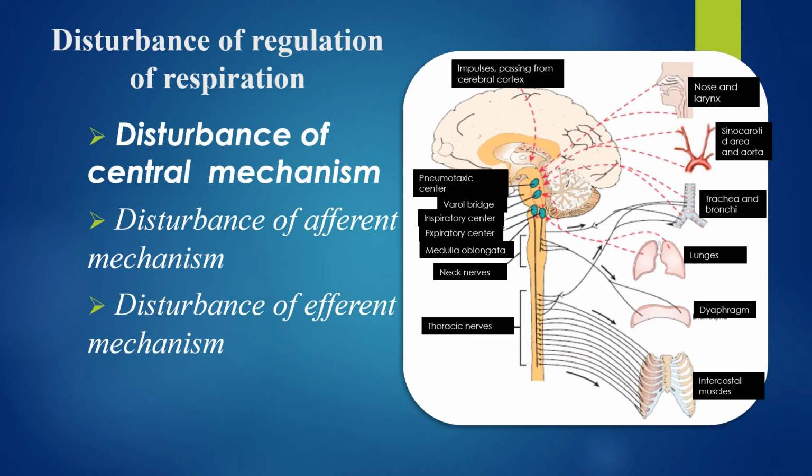And lastly, the disorder of efferent mechanisms is associated with inhibition of the arrival of impulses along the efferent pathways from the respiratory center to the respiratory muscles. As a result, with a decrease in the efferent impulses coming to the diaphragm, the involuntary regulation of breathing is disturbed, and breathing becomes voluntary. Therefore, respiratory arrest occurs during sleeping.